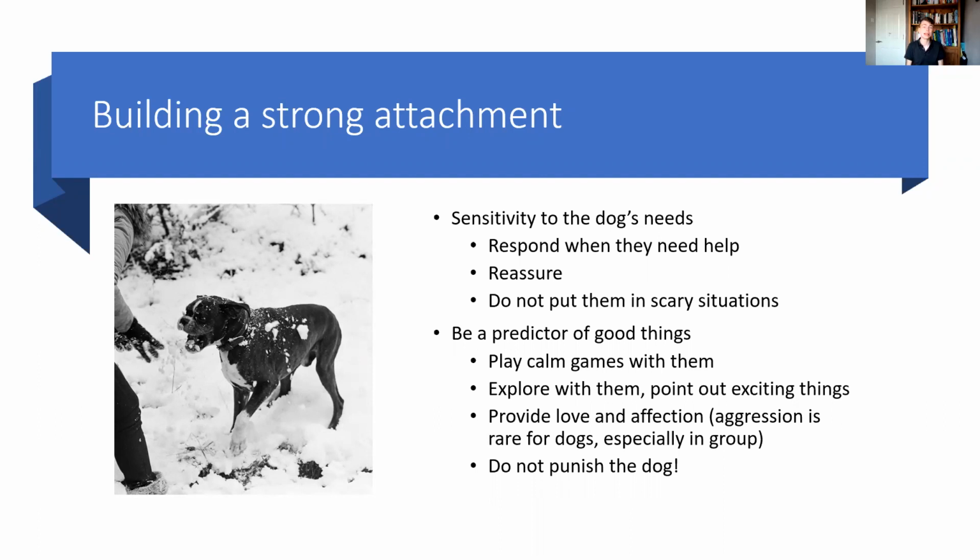So if a dog's not ready to handle a particular situation, then try to avoid putting your dog in that situation. So the dog can really start to learn that actually their key attachment figure isn't ever going to put them in a situation that's too much for them. And that will eventually start to sink in, hopefully, and the dog will start to learn, actually, when my human takes me out to do maybe a training session, when we start to learn that humans are okay, or unknown humans are okay, or unknown dogs are okay, then it's going to be fine because my human never puts me in scary situations.